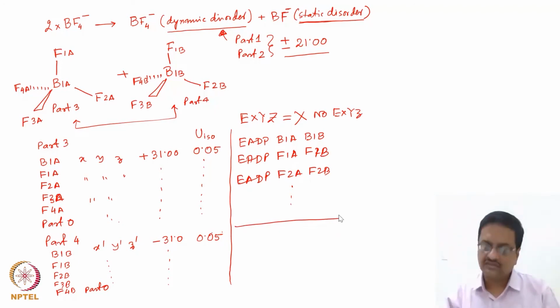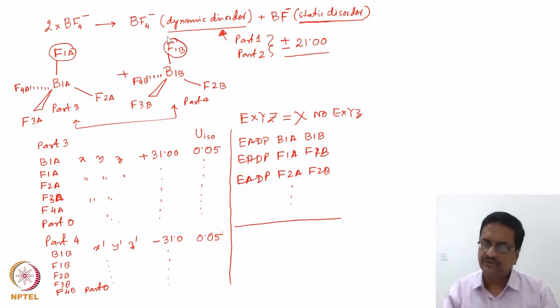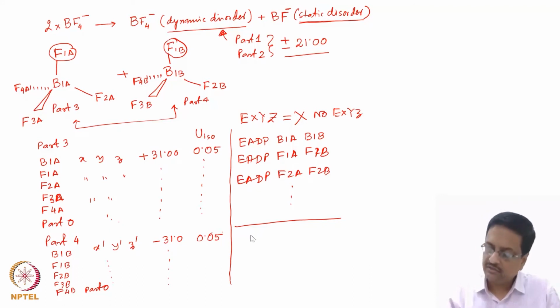So this will ensure that the thermal parameter of this fluorine and the thermal parameter of this fluorine are approximately the same. So with this, you should use the command FVAR